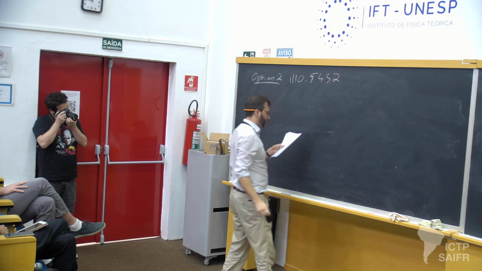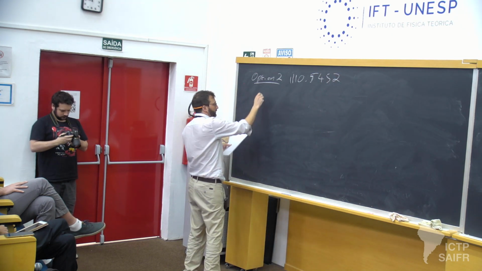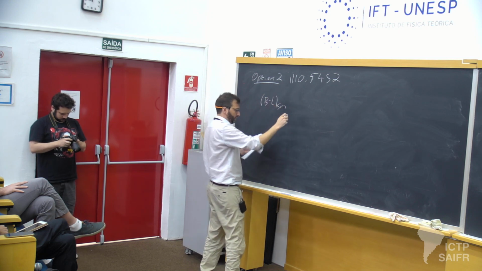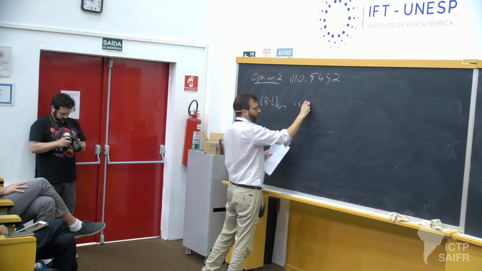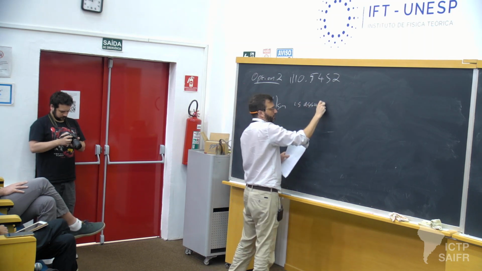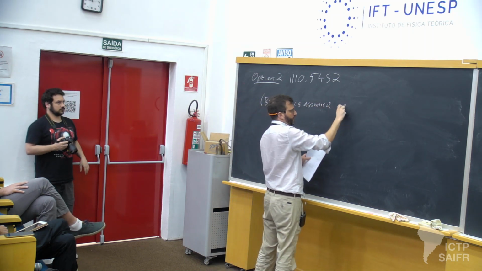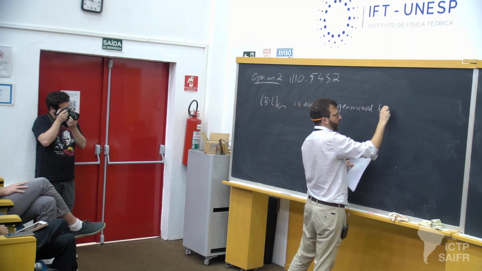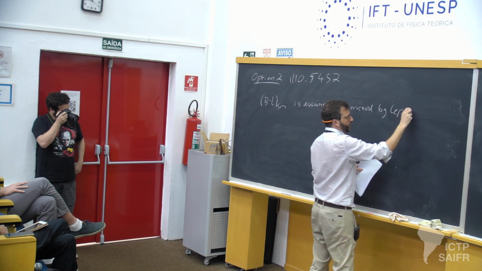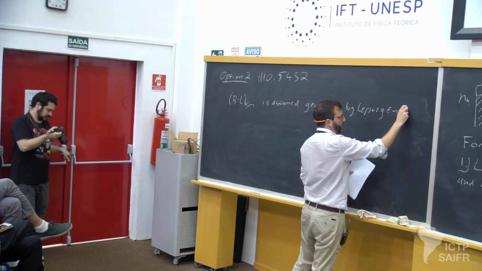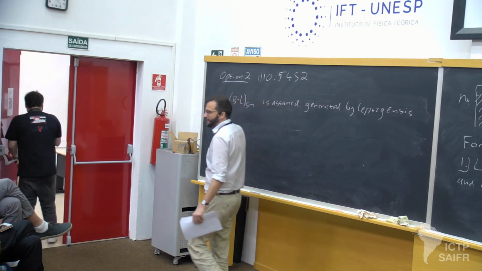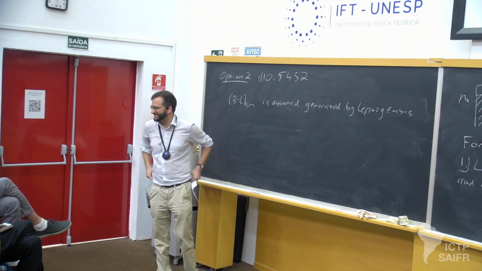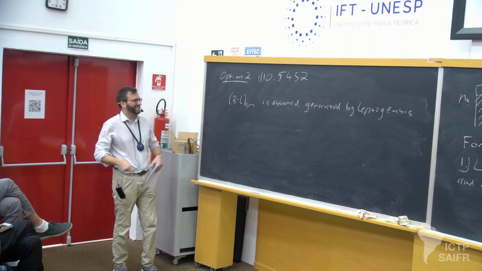Here, B minus L of the standard model is assumed to be generated by leptogenesis, okay? One of the authors is Yanagida, right? He wrote the first paper on leptogenesis, so it's a good